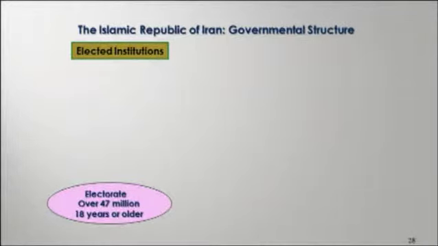The voting age used to be around 15, but after the 2005 election, when Ahmadinejad realized that the youth were not really supportive of him, the voting age was changed in January of 2007. It was raised to 18. Almost a third of the population in Iran has been born after the revolution. So really they have no memory of the